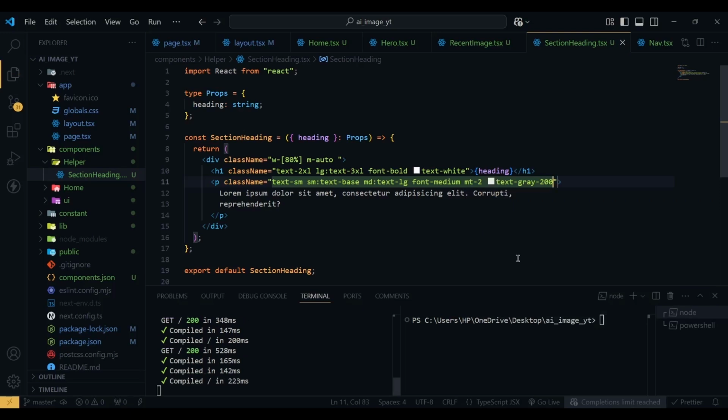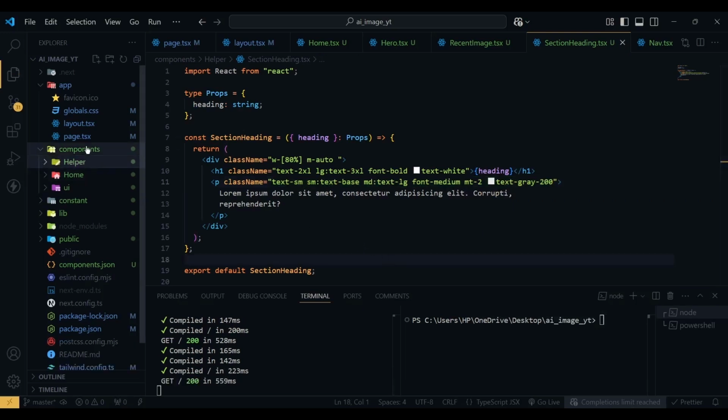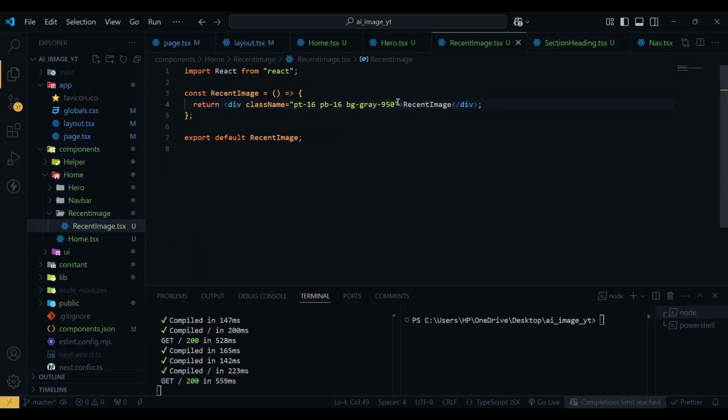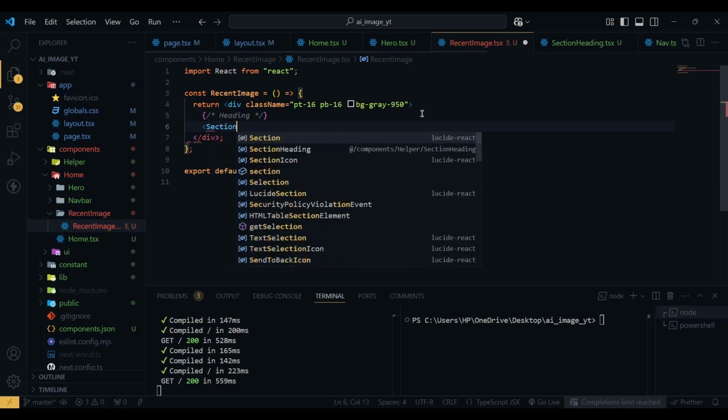Now if I hit save, and now let's go to our component recent image, and here inside this div we will have our heading. So heading, and here we are going to have a section heading,